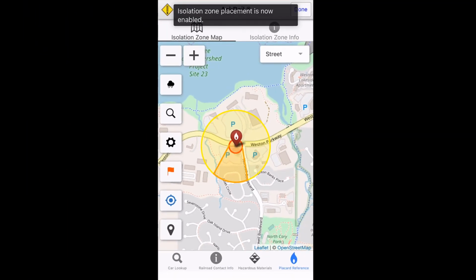You can use the controls on the isolation zone map to zoom the map out and in to view the surrounding area or focus on the spill. Switch from street view to satellite view. Manually change the wind direction to match local conditions. If you use this feature, be sure to specify the direction from which the wind is blowing, not the direction to which it is blowing. Search for an address to change the location indicated on the map. Go to the Settings screen to change the spill and view settings.